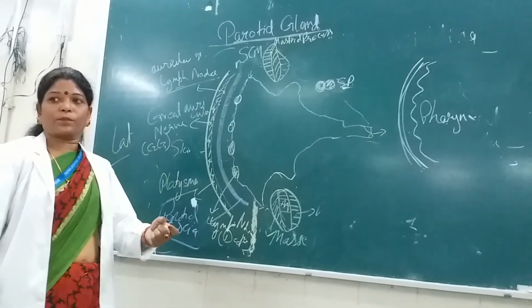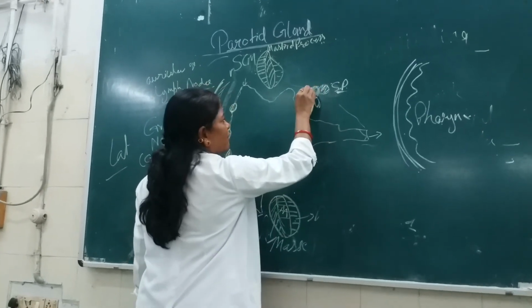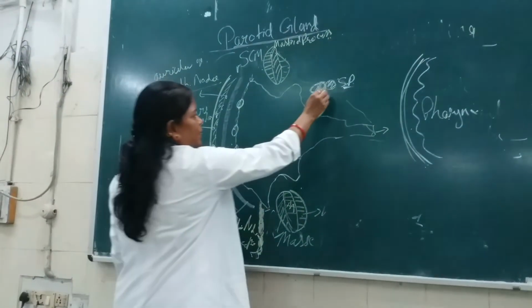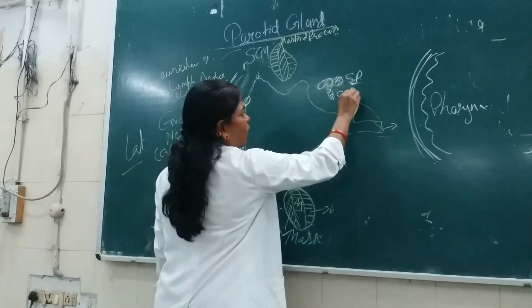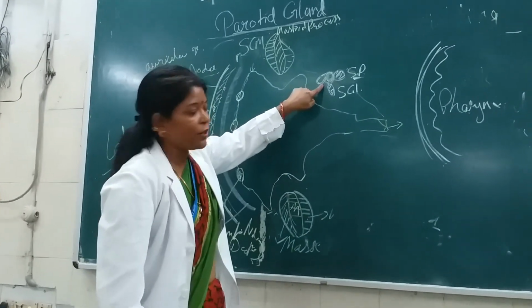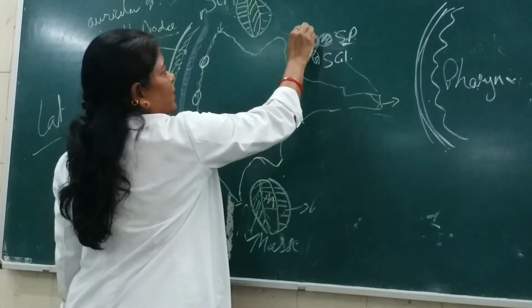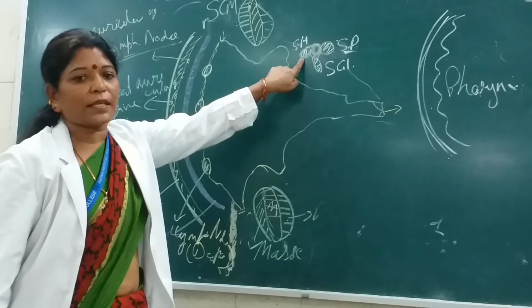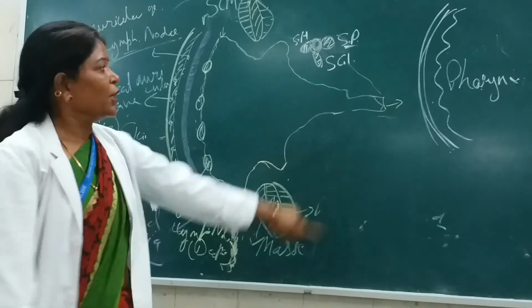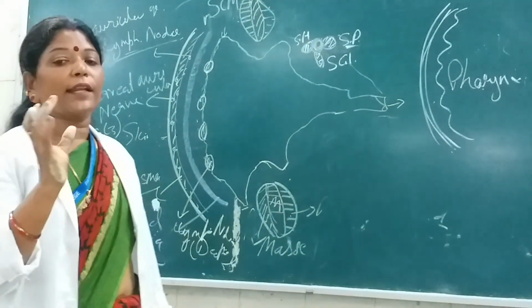From the tip, anteriorly and laterally, what are the muscles? One is styloglossus, originating from the styloid process up to the tongue. And this is the stylohyoid, originating from the styloid process and inserted over the hyoid bone. So three muscles, and these all together sometimes you are asked about the styloid apparatus.